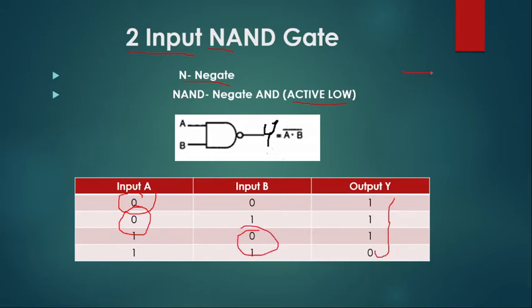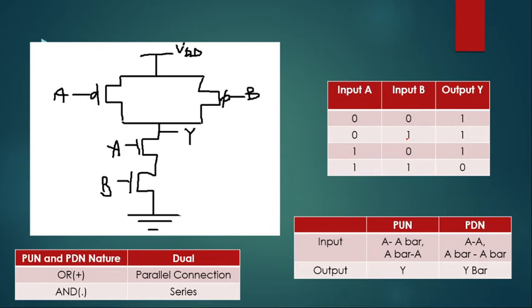So that means if you have a NAND gate with many inputs, and you don't know what the other inputs are, you know only one input which is 0. Even if any one of the inputs is 0 for the NAND gate, you can still get the output as 1. That is the reason it is known as active low. When any one of the input values is low, you can straight away get the output without caring about the other inputs.